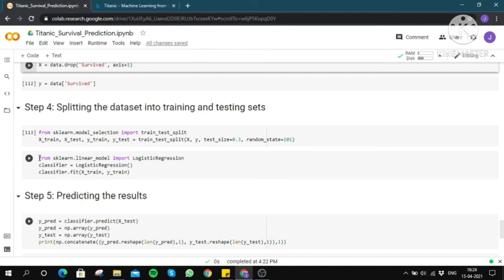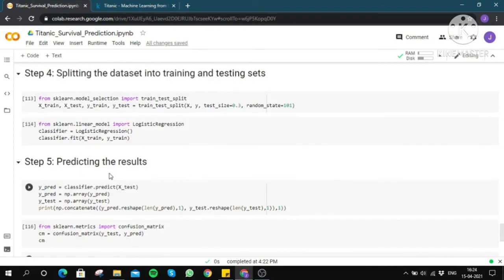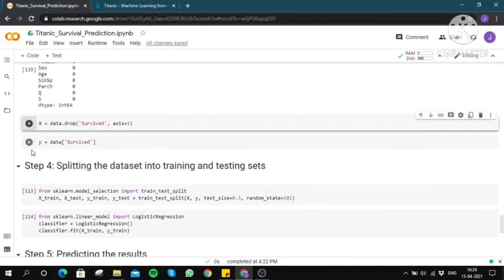From sklearn.linear_model we'll be importing LogisticRegression for this classification problem. Now I'll be calling the logistic regression and storing it in a variable named classifier, and using classifier.fit we'll be fitting X_train and y_train.